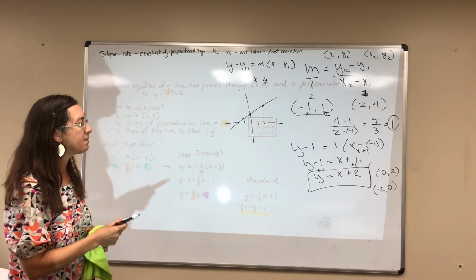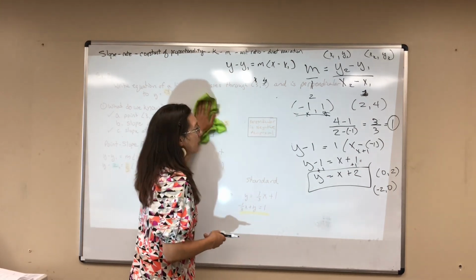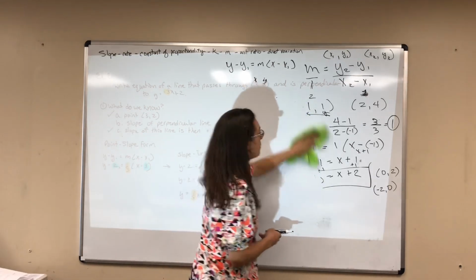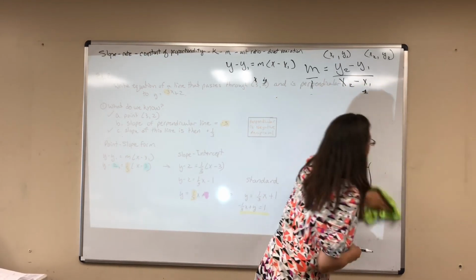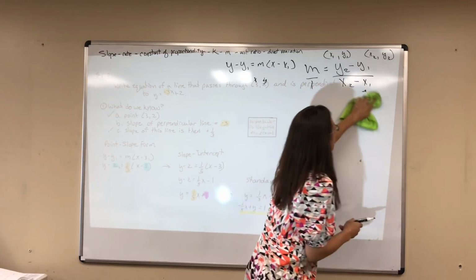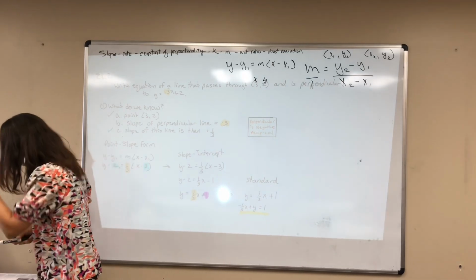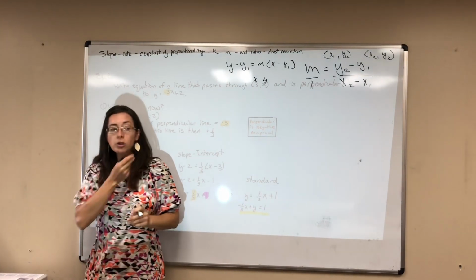So we can find an equation for any line, no matter what they've given us. How many points have they given us? Whether they've given us the slope and one point, the slope and a y-intercept, or just two points, we can change back and forth all around. Okay? So in your book,